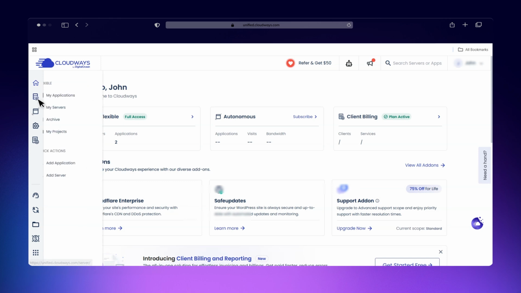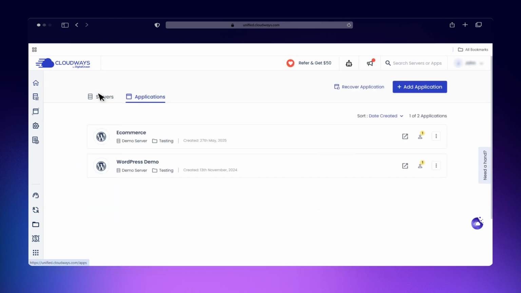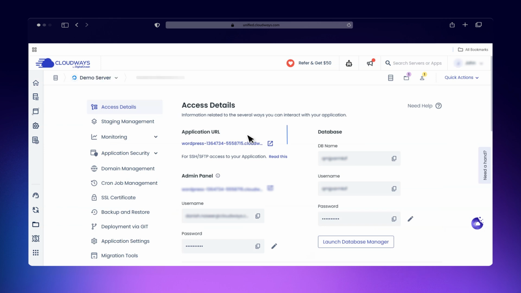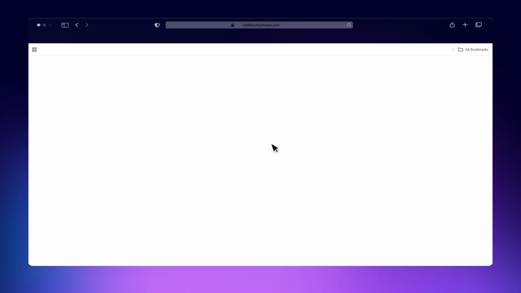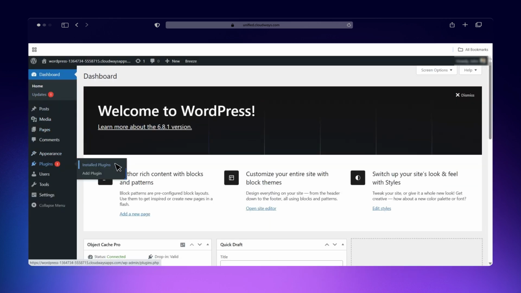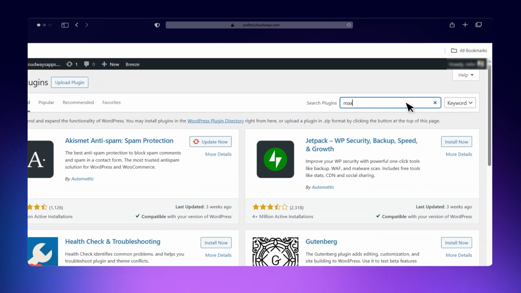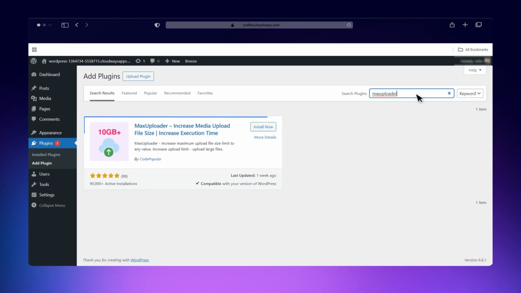Not a fan of code? No worries. Let us show you how to increase your upload limit using a plugin. No technical skills required. Log into your WordPress dashboard, go to Plugins, Add New. Type max upload size in the search bar. Once you find the plugin, click Install Now,